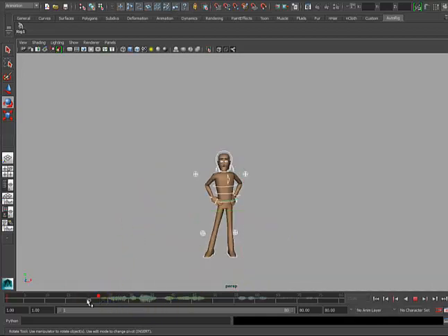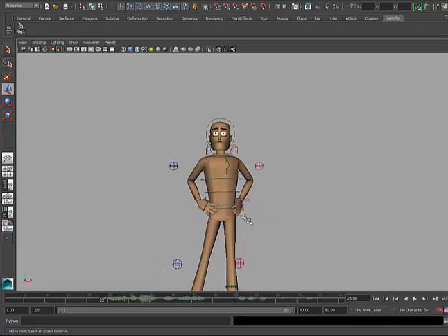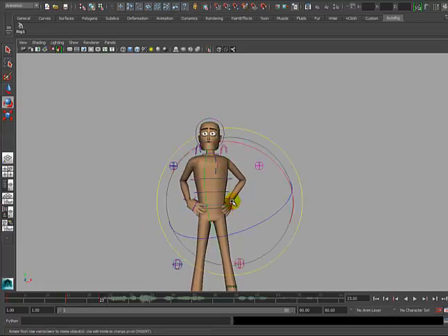You've got two options. You can use a step key, which is a key that will keep it on this frame all the way up to the frame where you have the next pose. Or what I like to do is copy this pose to about frame 15, and I know I want to have changed to a new pose by about frame 23, and I'll add that new pose right in here. That new pose is basically going to be him shifting his weight here and bringing this hand up